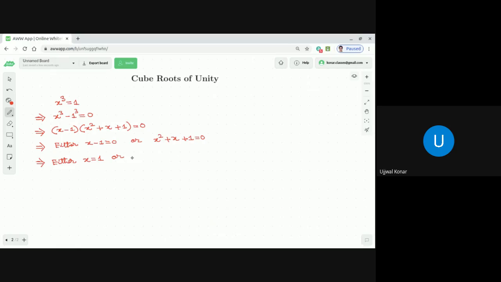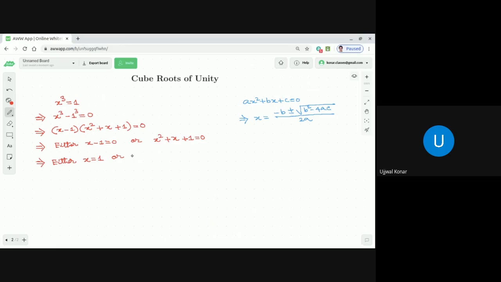We can apply the formula for solution of the quadratic equation ax square plus bx plus c. If I just give you a recap, dear students, ax square plus bx plus c equal to 0, what are the 2 roots? The roots are, this implies x is equal to minus b plus minus square root of b square minus 4 into a into c divided by 2a. I hope all of you are able to recall it, dear students.